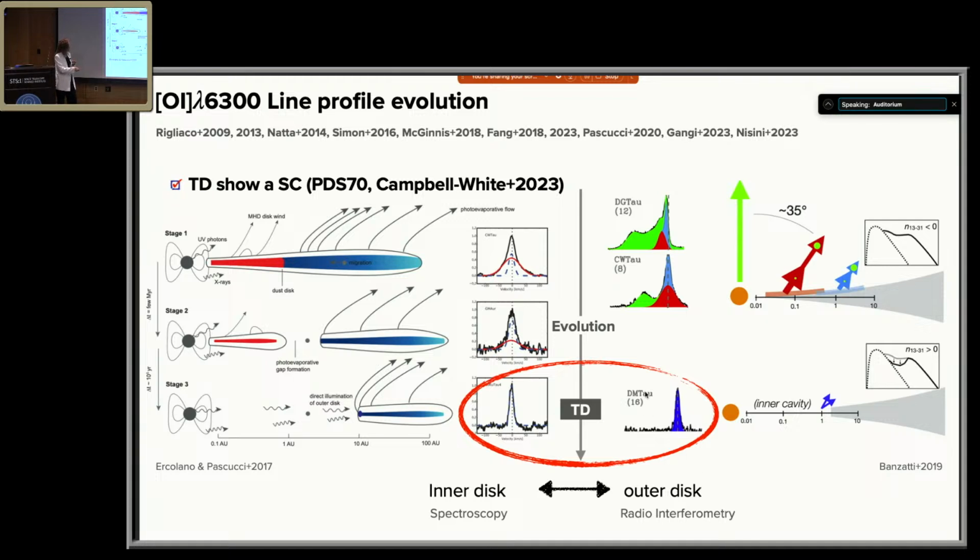And that is also something pointed out by Banzatti 2019, where they found that if you have a cavity in the disk, then you lose the high velocity component, you lose the broad component, and you end up with a single component in the oxygen 1. So you can really start looking at this oxygen 1 line and trace the evolution of the dust as well. And that is also something that Justin talked about yesterday with the oxygen 1 profile of DS70. So you expect that if the line is changing with the dust cavity, you also expect that they change